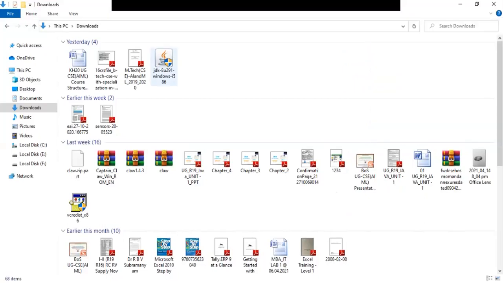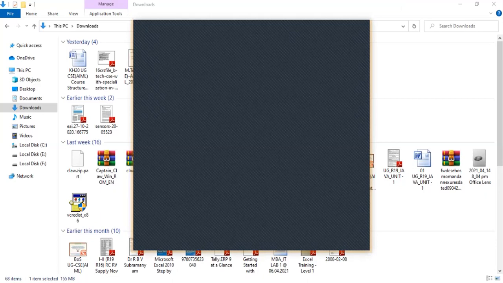Okay, coming to here, after downloading the application, the JDK file will look like this, and double click on this one, then start the process of installing JDK on your computer system. So follow the given guidelines to install this one on your computer.